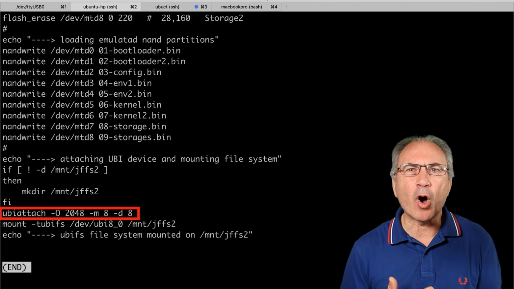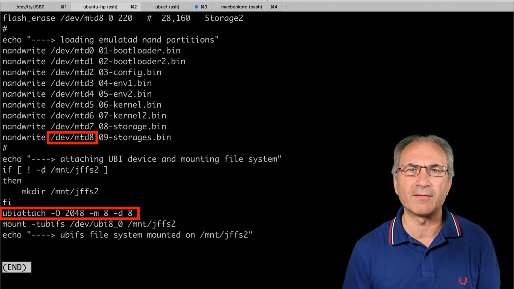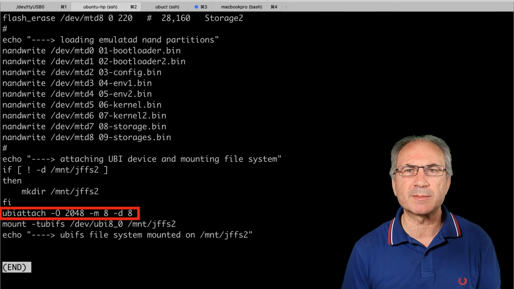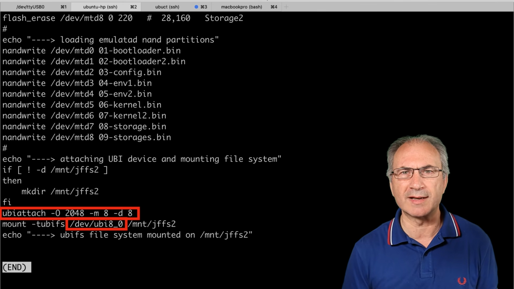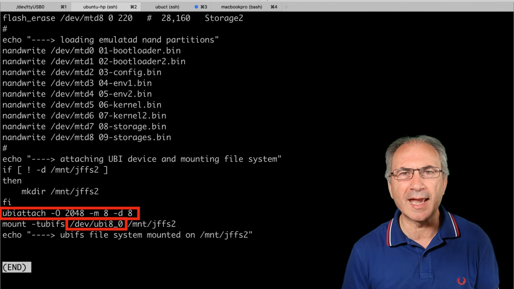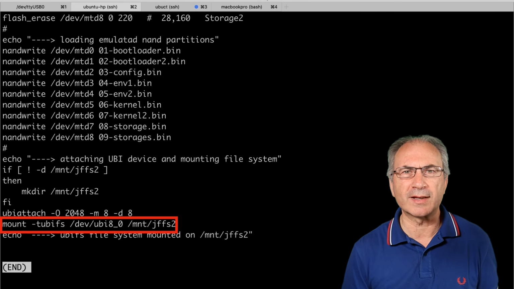The -m option specifies the MTD device number, in this case 8 for /dev/mtd8. The -d option specifies the UBI device number, in this case 8 for /dev/ubi8_0. We can finally mount our UBIFS file system with the mount command.